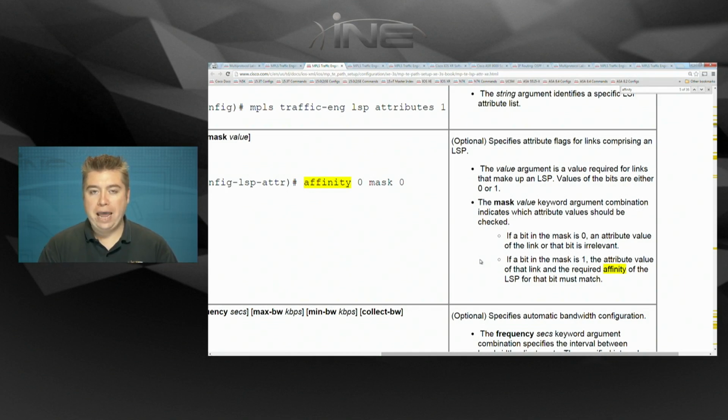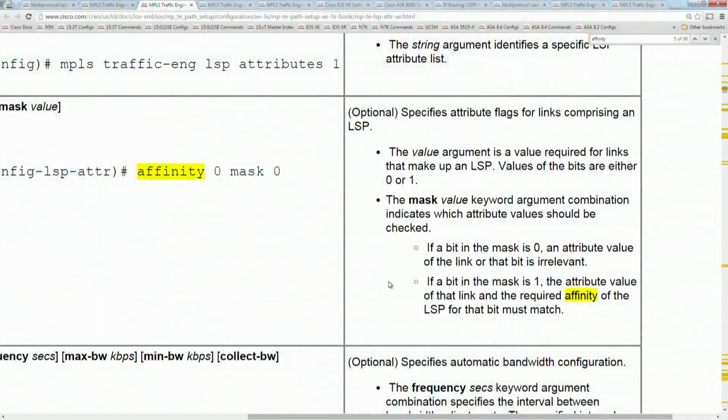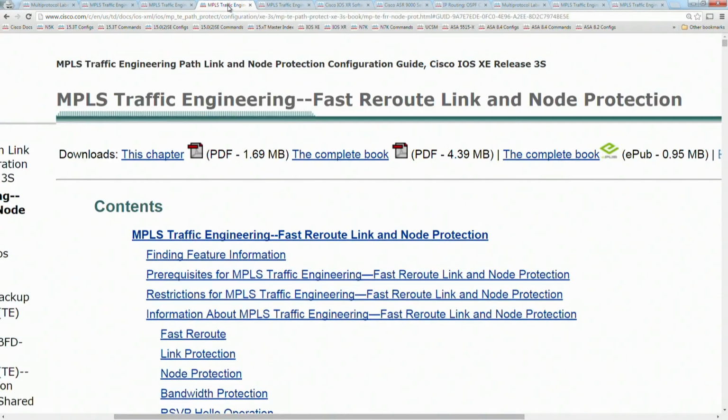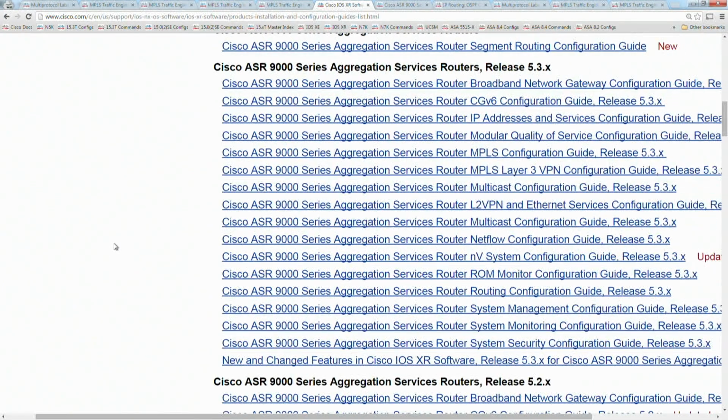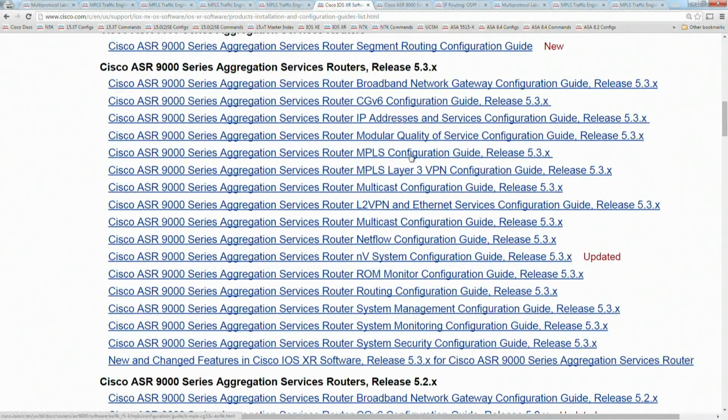Then for the links along the path, you assign the interfaces to have a particular affinity. Then when the tunnel requests it, if there's a match between the two of them, then the constraint is met. Now the IOS XR implementation is a little bit better than this, because you can map the affinity bits to a name, and then you just request it based on the link color, which is basically just a string that you create. So in XR, this would be under MPLS config,